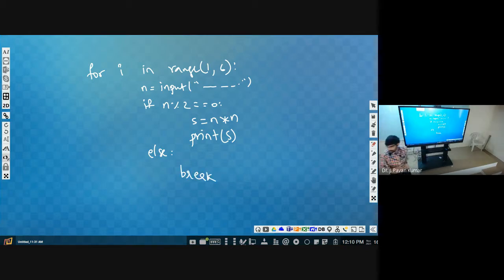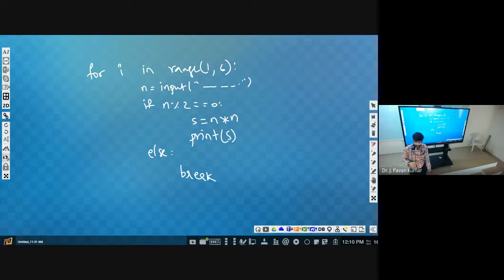That's it. Simple thing. We are taking the input, we are checking whether it is even or not, then we are finding the square of it if it is even and displaying it. Then the else part will not be executed. Again, this will be repeated. If it is even, again it will calculate the square and display. If it is odd, then this condition will fail, then else break.